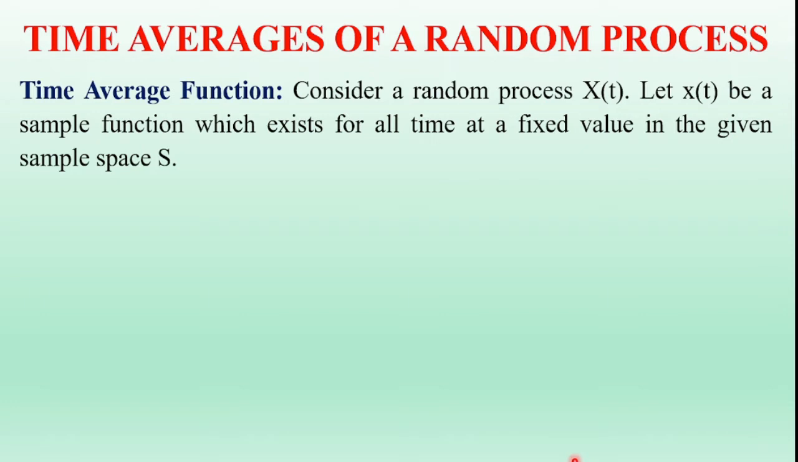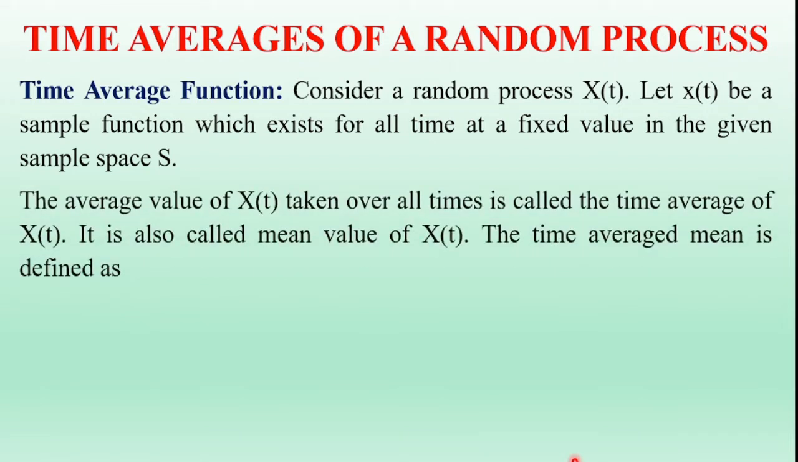And the time average function. What is the time average function? Consider a random process X(t). Let x(t) be a sample function of the random process X(t), which exists for all time at a fixed value in a given sample space. The average value of random process X(t) taken over all times is called the time average of the random process X(t). It is also called the mean value of X(t). So the time average mean is defined as